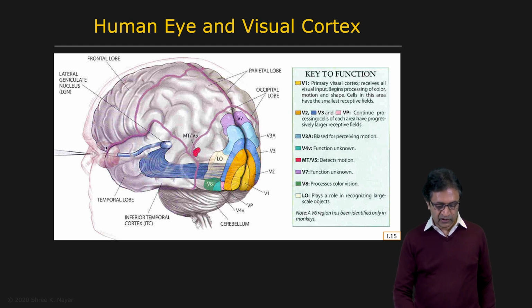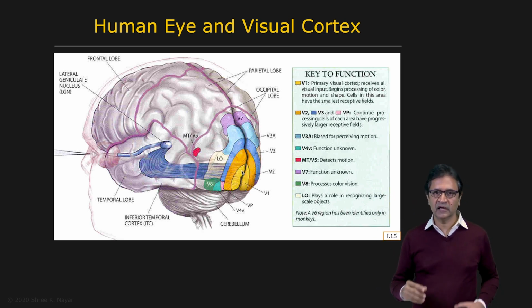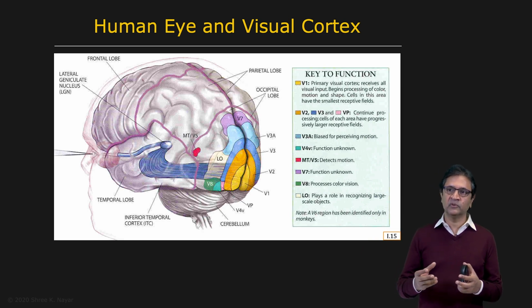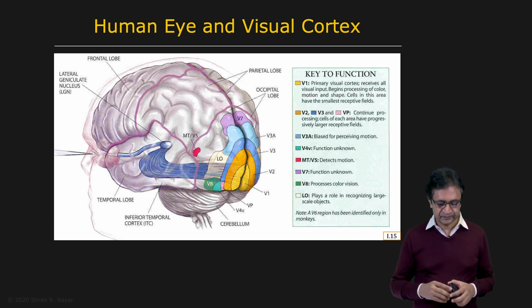And then the reduced image, so to speak, travels through the optic nerve right here and goes to the lateral geniculate nucleus, which acts like a relay. It's able to figure out what information needs to go to which part of the brain. So it sends that information then back to the visual cortex right here. And you can see that different parts of the visual cortex have been given different colors. And that's to show you the parts that are responsible for analysis of shape, of color, of motion, of texture, and so on and so forth.